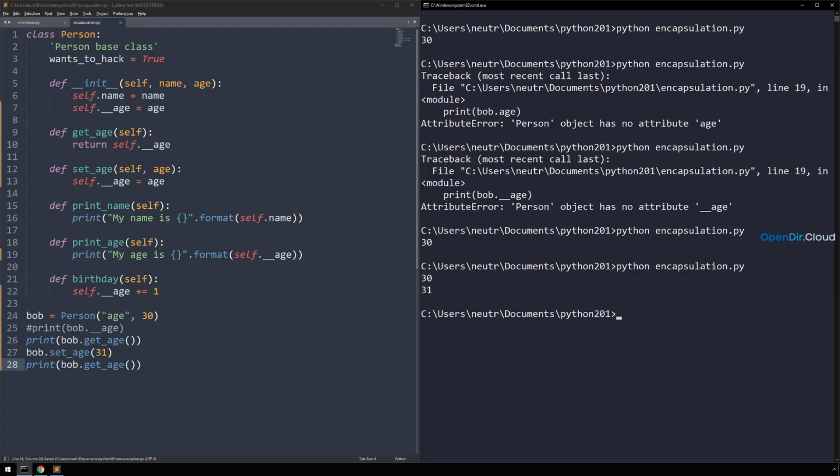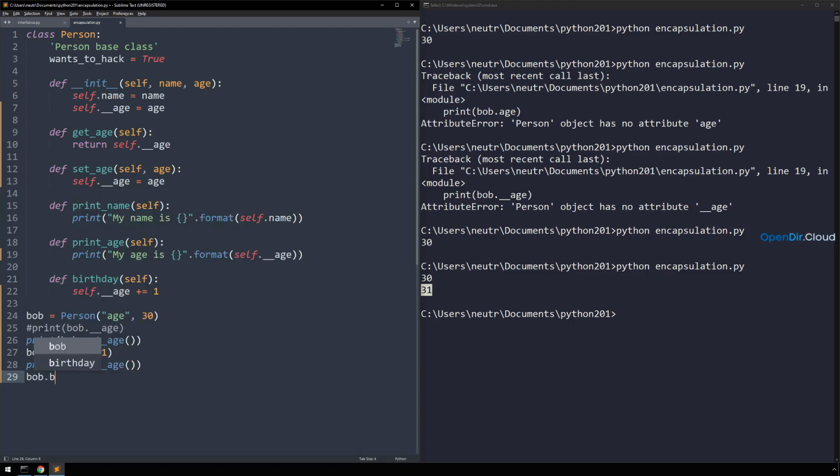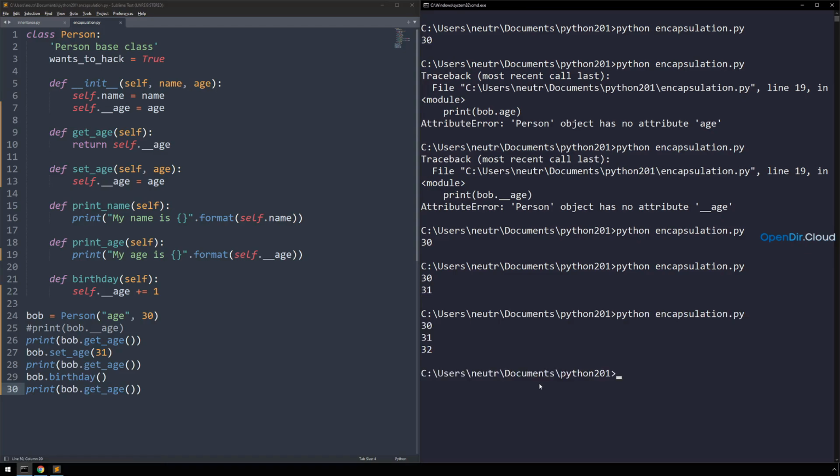And we can see that we've been able to set that variable. Also say it's Bob's birthday. And we can print this out again. And when using encapsulation with Python, we should be using these getter and setter methods to change and access any